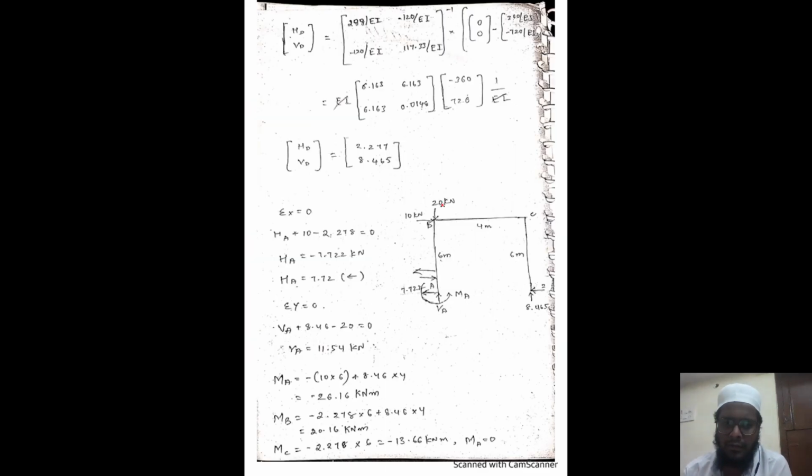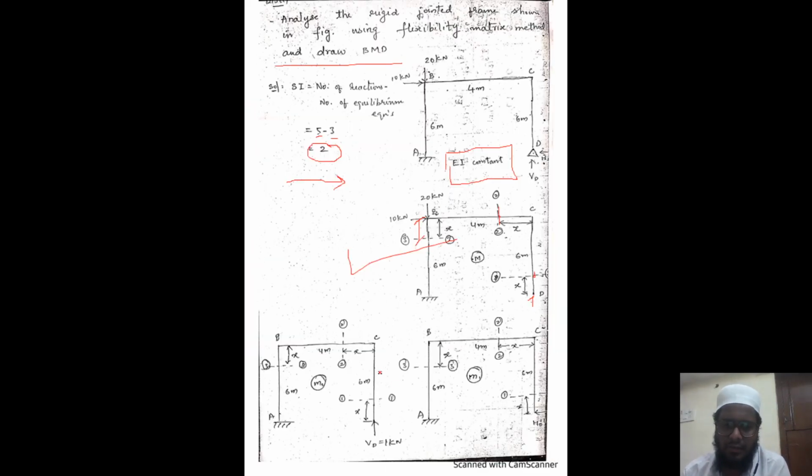Now we'll go for our M1 diagram. How to draw our M1 diagram? You can see here my M1 diagram is here. In the M1 diagram, I have taken A, B, C, my frame, and all my sections, section 1-1, section 2-2, section 3-3, are in the same place. Sections will not change at all. Sections will remain in their own place. However, the external loading will change: you can see here in my M1 diagram, the 10 kilonewton and 20 kilonewton loads have been removed from the frame, and we have applied a 1 kilonewton load because of the unit load method.